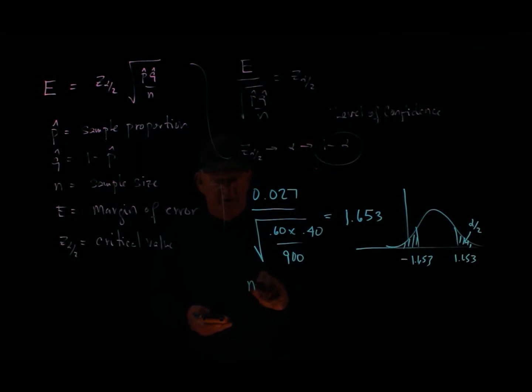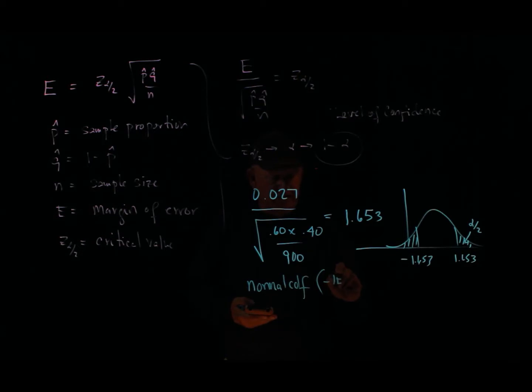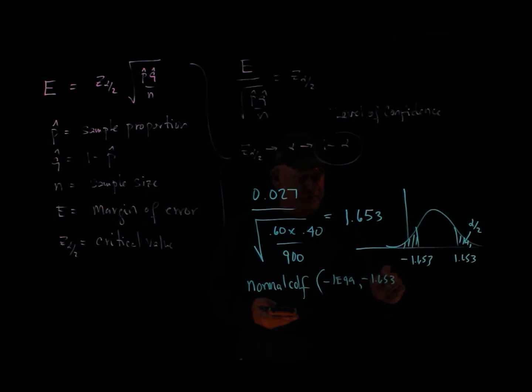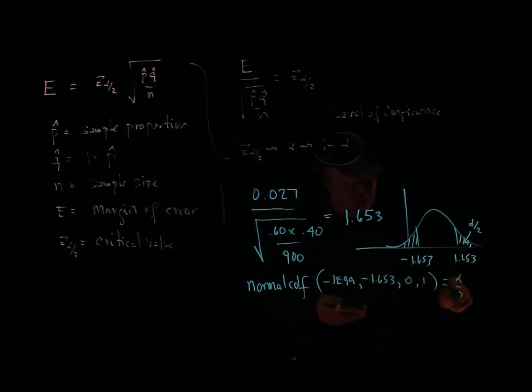Let me just do this. Let me go to normal CDF. I already have minus 1e to the 99th here, so let me put minus 1.653 right there, 0 and 1. I could have put 1.653 here and plus 1e to the 99th and found that area, but I'm finding this area instead. Again, that's alpha over 2, and that is, once I push the button on the second calculator here,